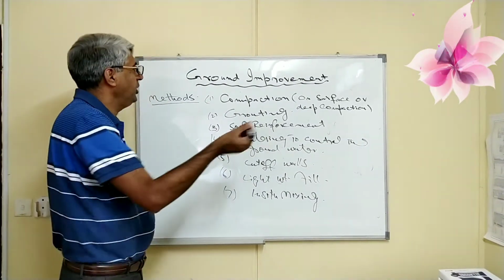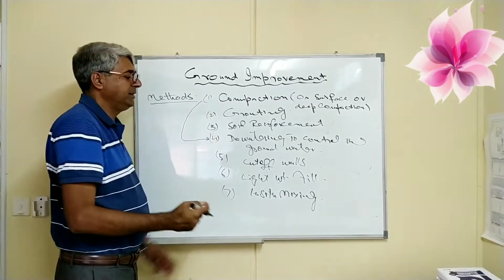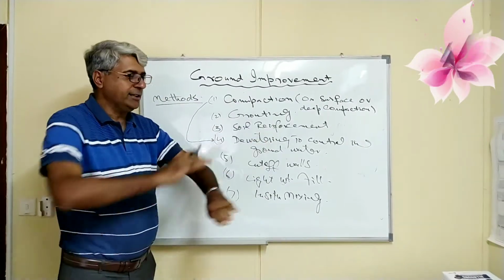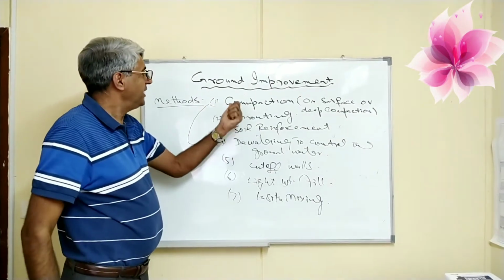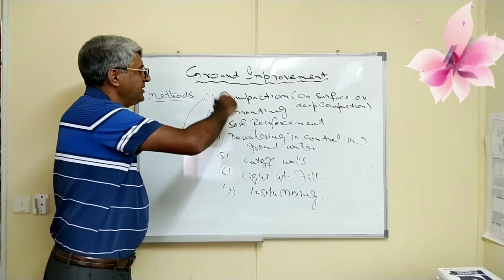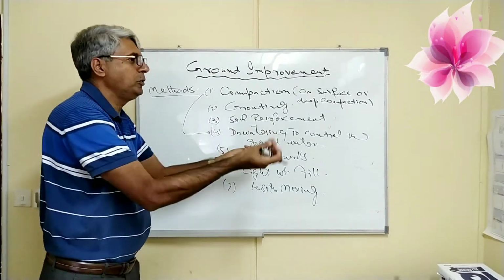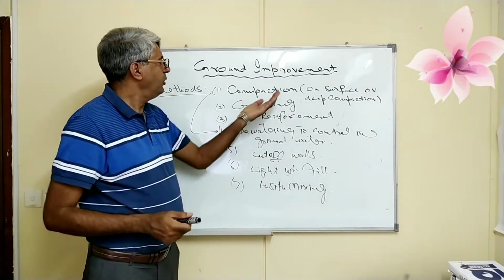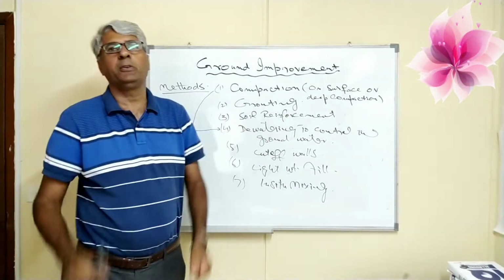For example, let me tell you one thing. This grouting I am going to use with the dewatering. I have done the dewatering. Now my water table is lowered. Now on the surface I am using the roller. It means I am compacting the surface. So as I have already told you, these methods can be used separately, or they can be used in a combination of 1 or 2 for the improvement. Clear?